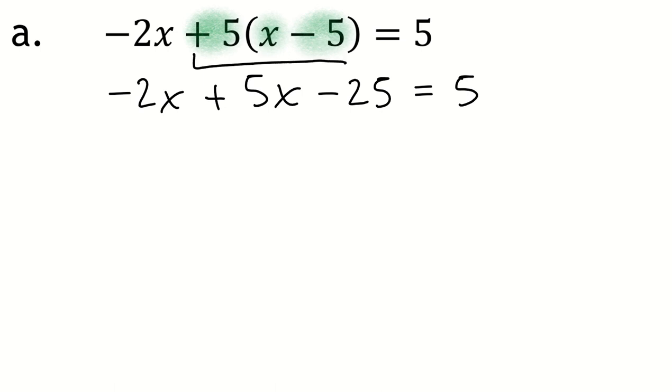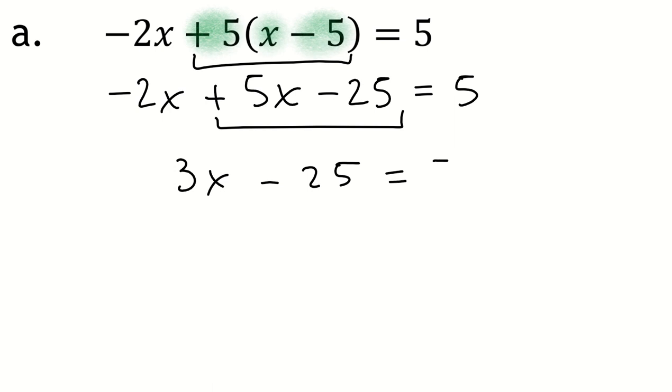So this thing that I'm underlining needs to be equivalent to the thing that I rewrote below. And it is. I can verify that with an area model if I want, but I don't need to in this case. If I combine negative 2x and 5x, that's exactly 3x. So I have 3x minus 25 is 5. Let's see that, and again, that's an example of rewriting as well because I rewrote